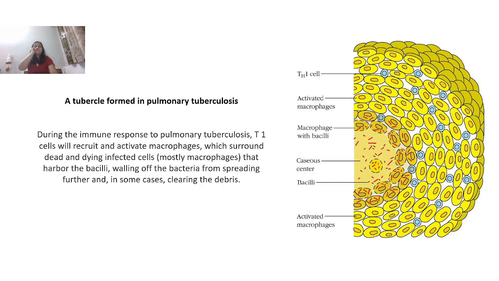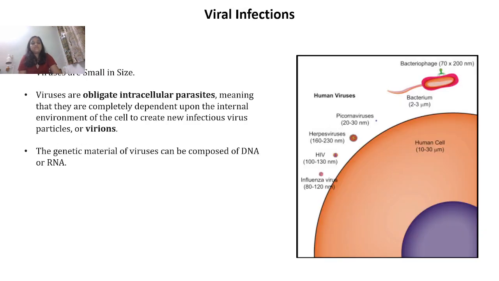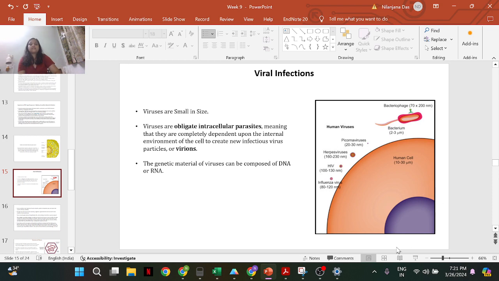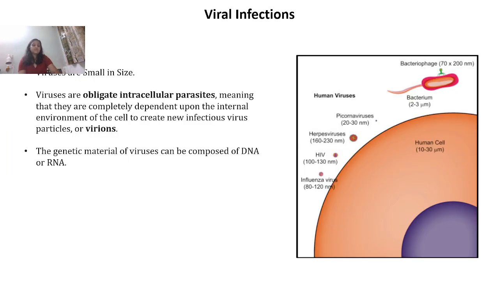Before going to other kinds of infection, I will first start with the viral infection. And before going into details of how viruses are cleared by the immune system, I hope people already know different kinds of viruses, and that there are different viral infections which can occur to us. So before going further into the immune response against viruses, I will just talk about the basics of what viruses are and what the different classifications of these viruses are.